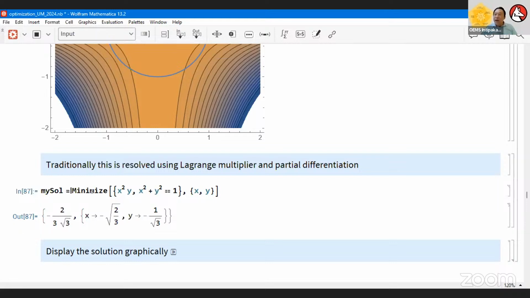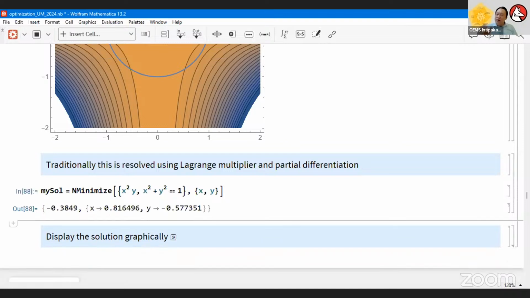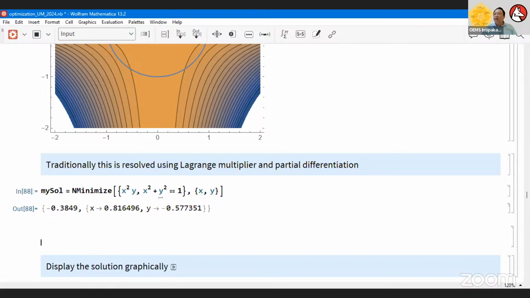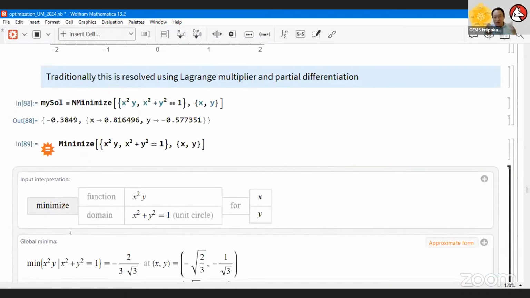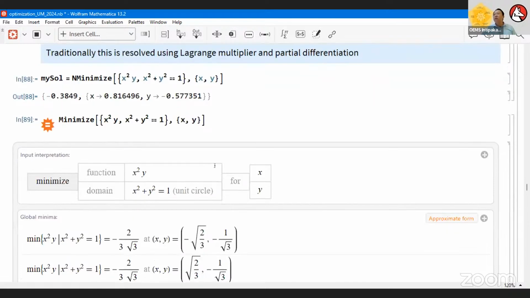Now, if I put N back again, this example I think is easier to do with Wolfram Alpha. Let me try again. I just copy this whole thing and say, help me to do it automatically. Figure out what I'm trying to do, then help me come up with certain solutions a common user might want. This one works out fairly well. The function is x squared y, and my domain is x squared plus y squared equals 1. This is my constraint, a unit circle.